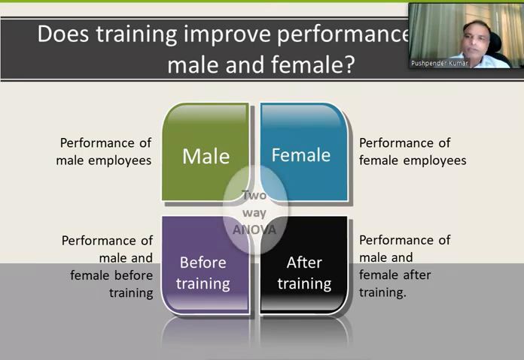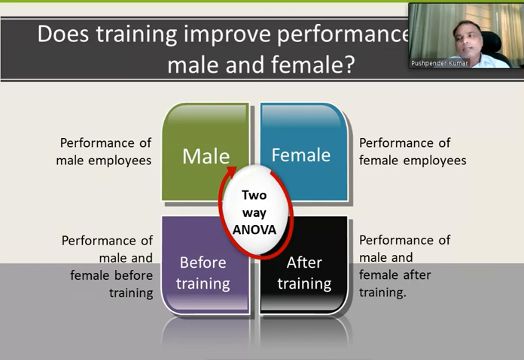So in this case, whenever we want to check this, we use two-way ANOVA. So now we have used correlation, regression, independent t-test, paired t-test, one-way ANOVA, and finally here is the mixed ANOVA, right? It is called mixed ANOVA also.